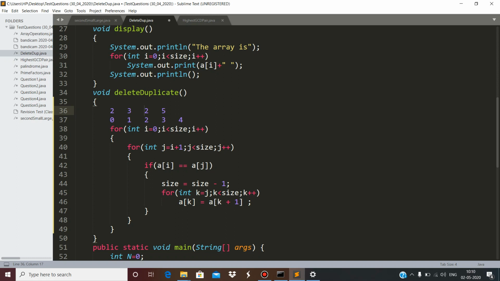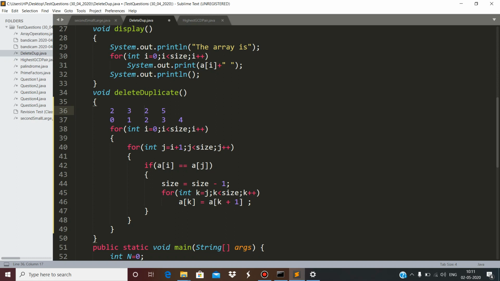When j increased from 2 to 3, at the same time the element at index number 3 got shifted from 3 to 2. That's why that shifted element managed to escape and will not get removed. It means we have not checked the element at index number 3.